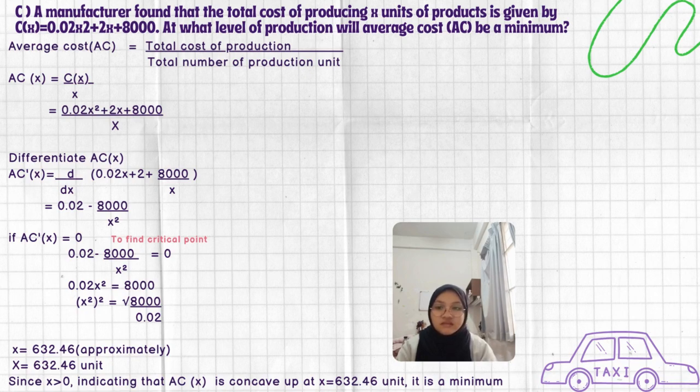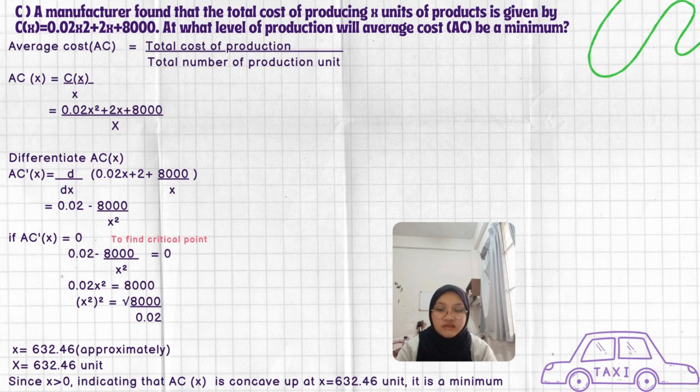Step 3 is solve the critical point. Set AC'(x) equal to 0, which is 0.02 − 8,000/x² = 0. Rearrange the equation: 8,000/x² equals 0.02, and solve for x². x² equals 8,000 divided by 0.02 equals 400,000. Take the square root of both sides: x equals the square root of 400,000, equal to 630